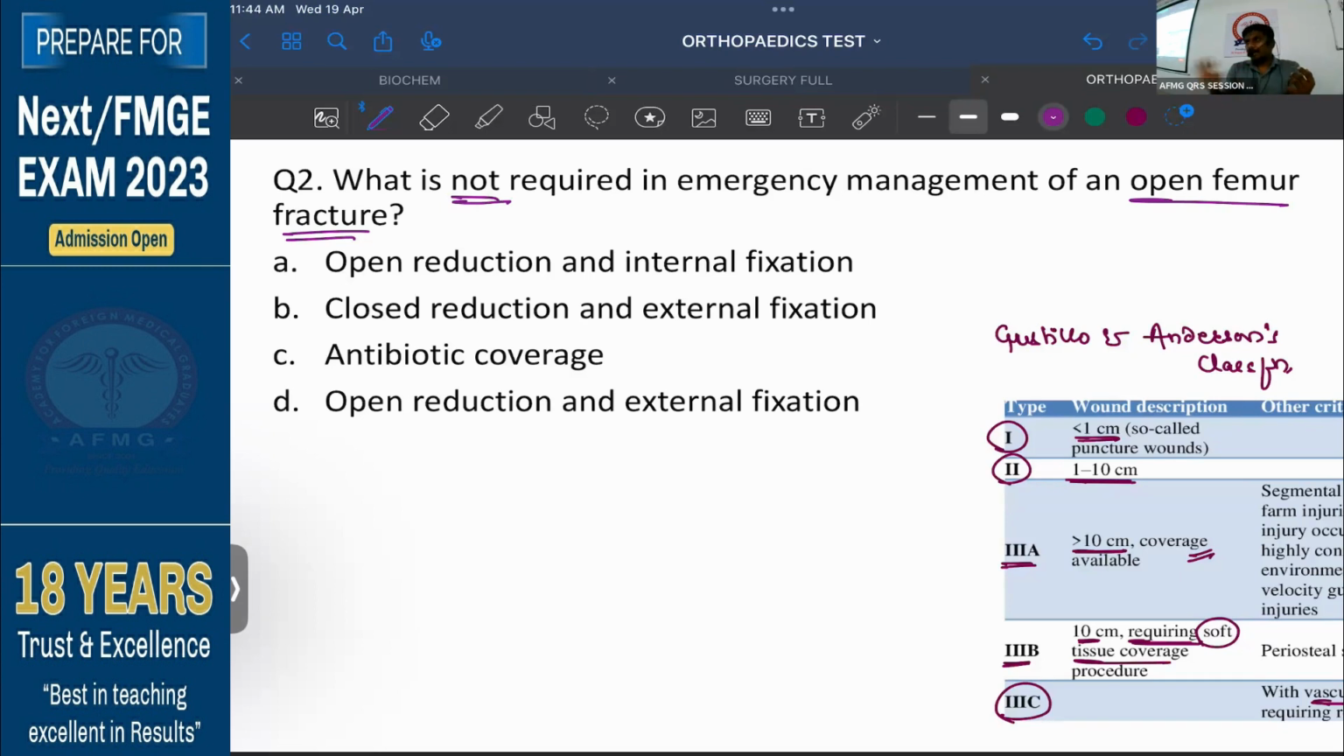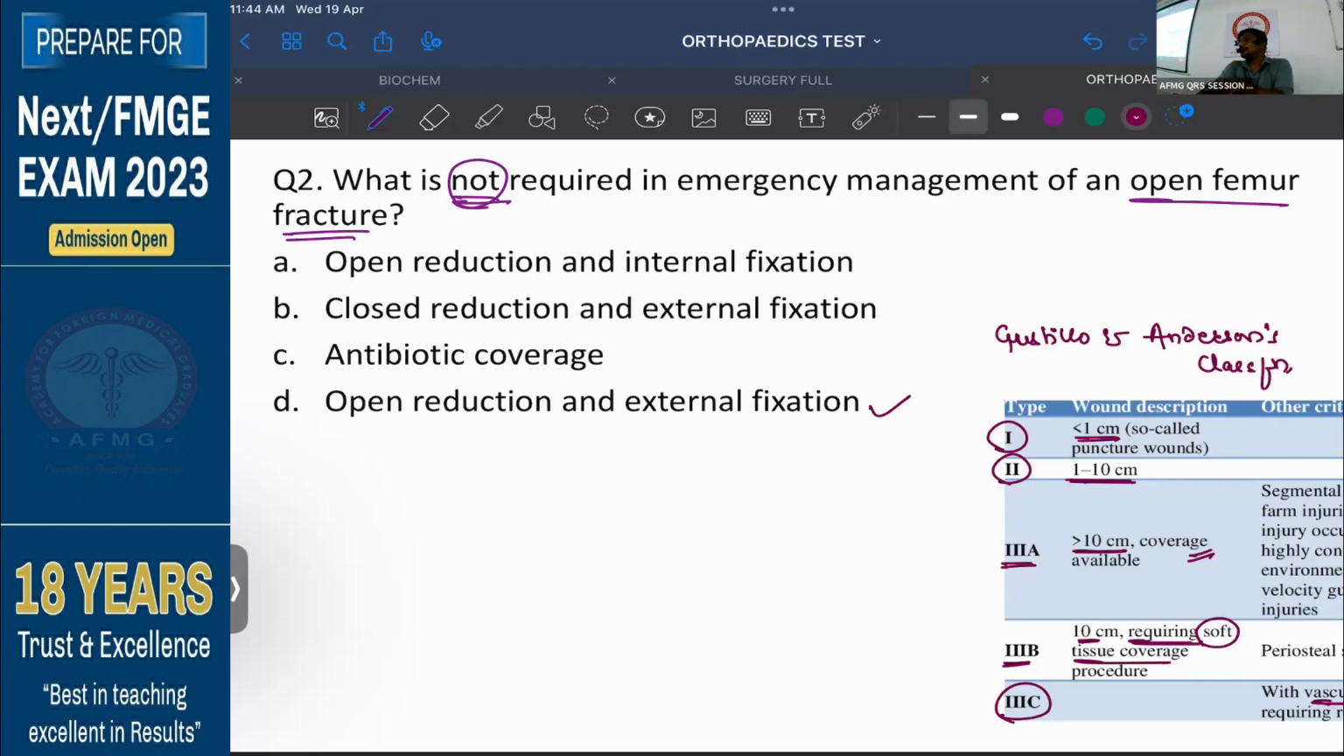So classically याद रख लो, बाकी भी चीजें करते हैं हम, इसीलिए एक्सेप्शन पूछा है मैंने. I have asked you which is not required. So that means बहुत सारी चीजें करी जाती है, but the best one to be done is open reduction and external fixation. Reason is open reduction तो करोगे तुम, external fixation क्यों करना है with the help of rods or